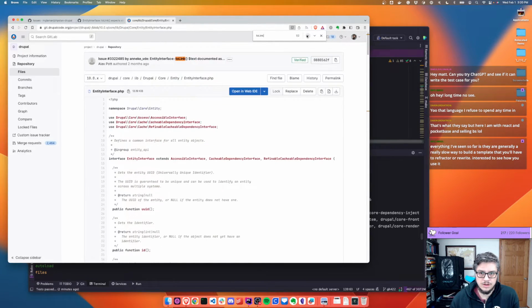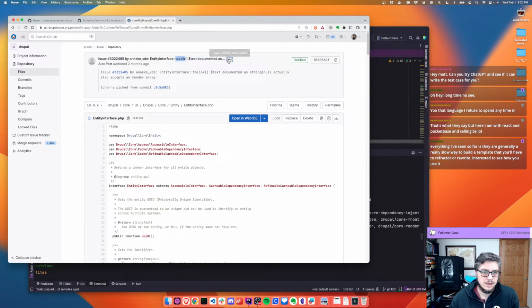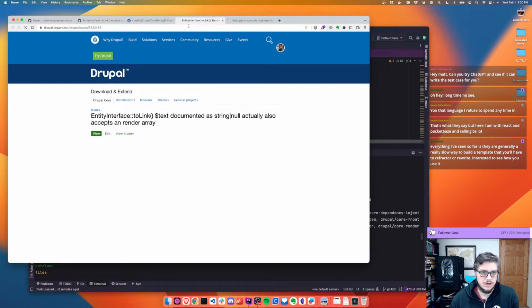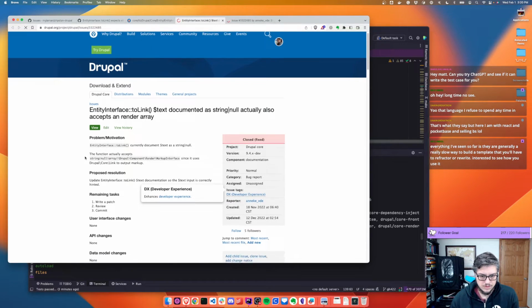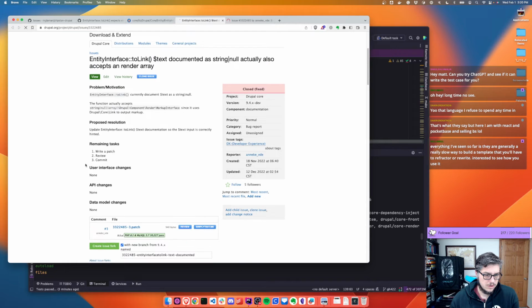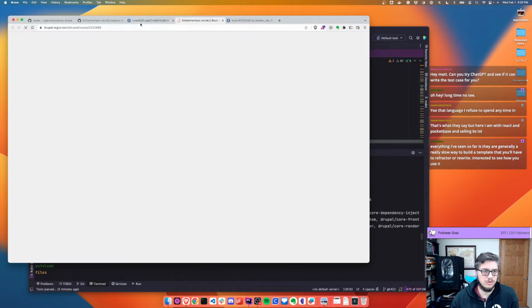Oh, wait. What does this say? Also accepts render array. What? It actually accepts. Okay, so